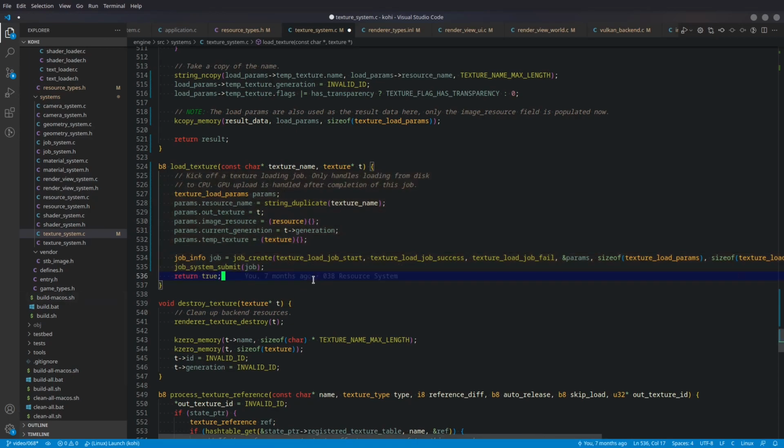So this is actually Jobified now, which is great. So this can now handle our textures being loaded in a multi-threaded fashion. Okay,